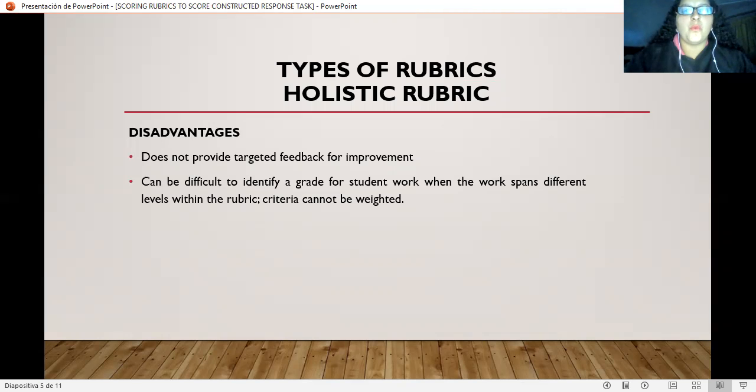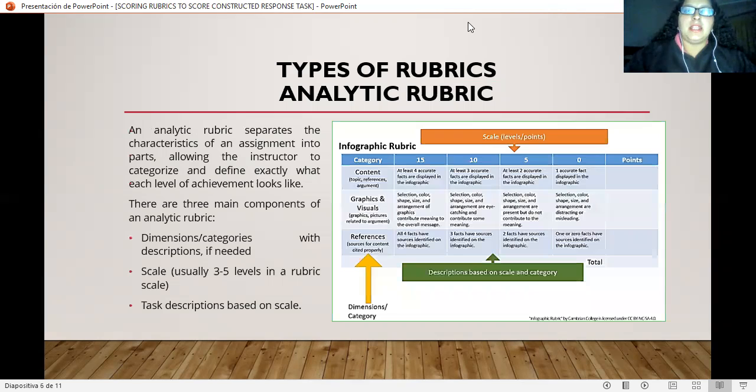Criteria cannot be weighted. Now in this slide, we have the analytic rubric. The analytic rubric separates the characteristics of an assignment into parts,